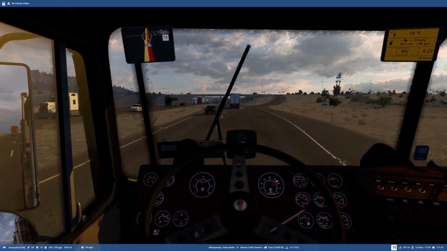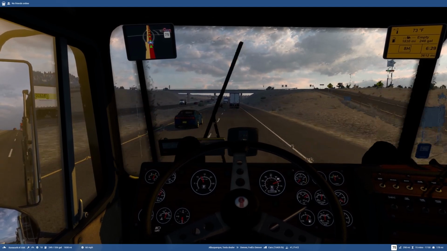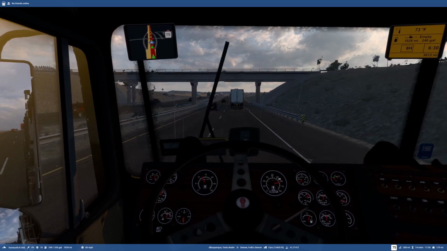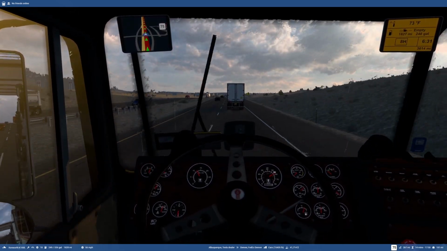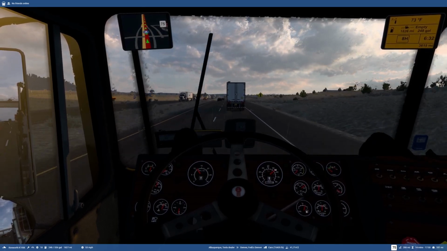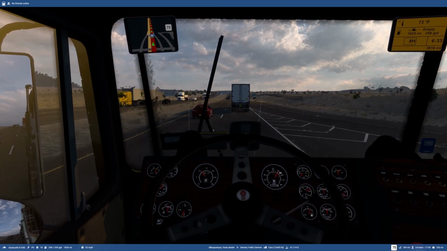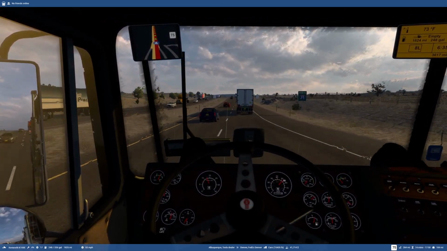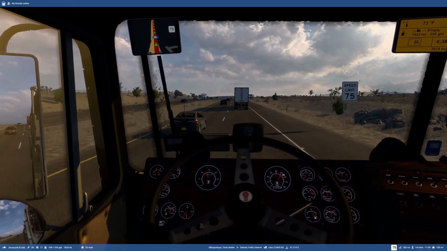Anywho. So we've got the G29 wheel. I've got some key binds on the wheel itself for the hazards and the activate button. What else? We've got the windows opening and closing. Let's go into 8 low here. And then we've got